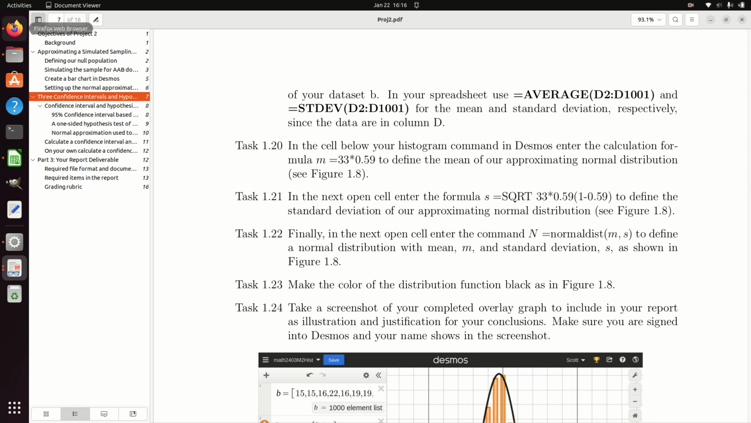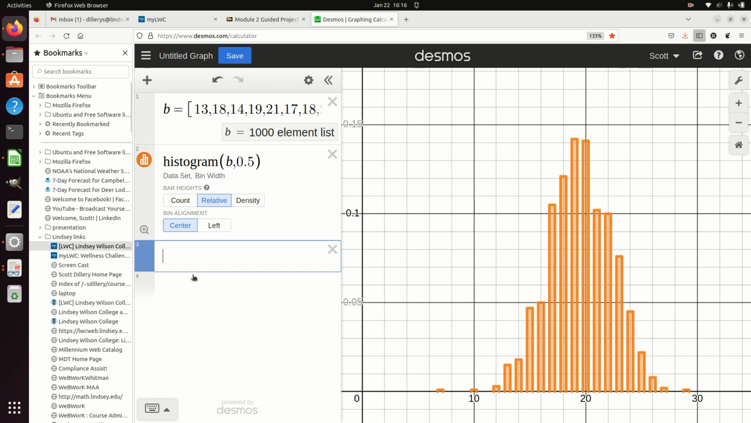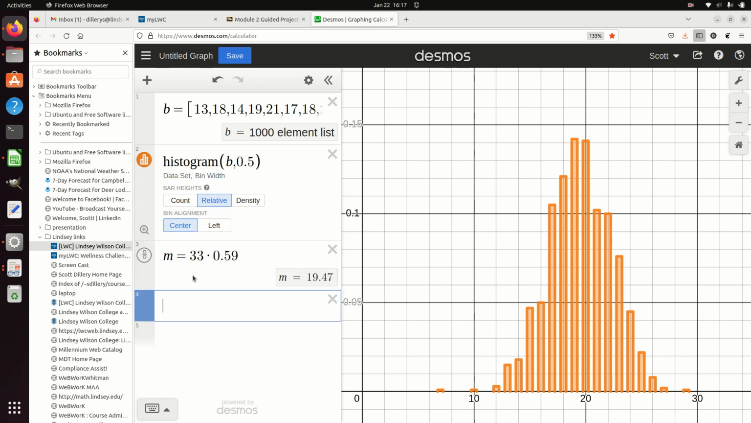do. I come in here and I'll just create a variable. I'll say m equals 33. I'll use the asterisk to do the times, and then 0.59. So there's my 19.47, and then my standard deviation is the square root of the 33,